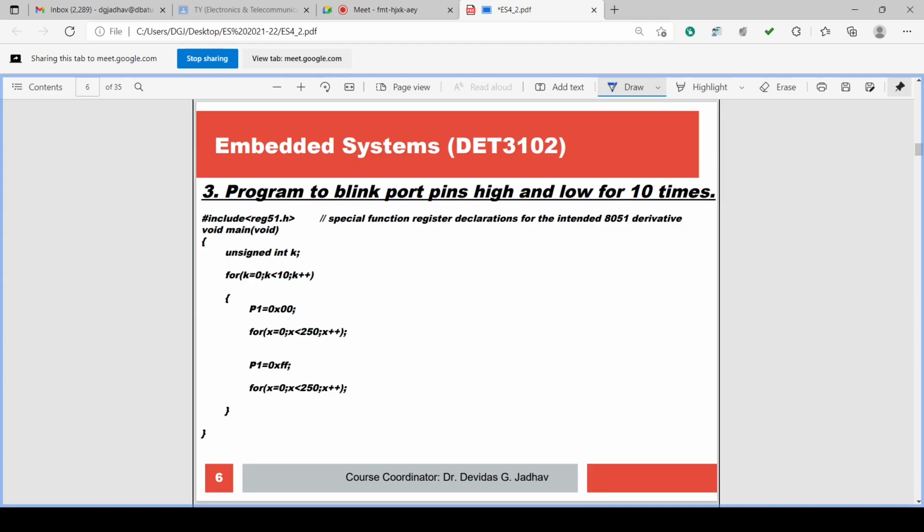Now let us consider the third program. This program is to blink the port pins high and low again, but for 10 times, not forever. It is only for 10 times. So we have to change the forever loop.